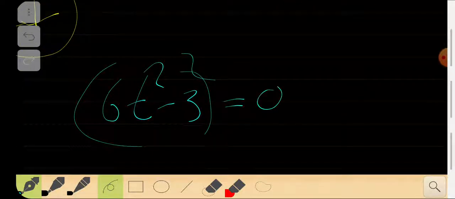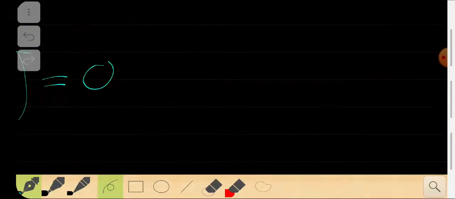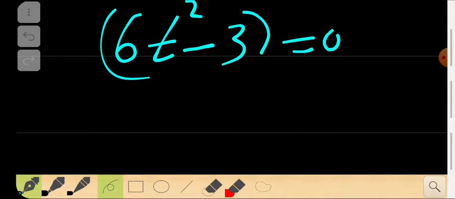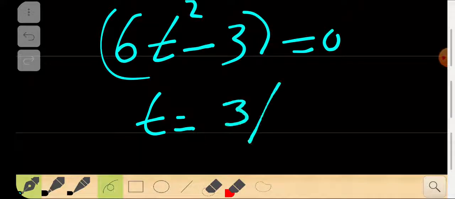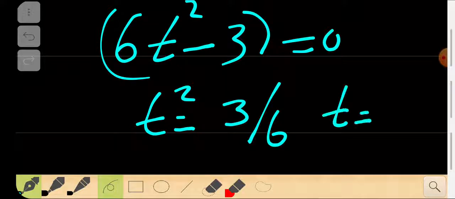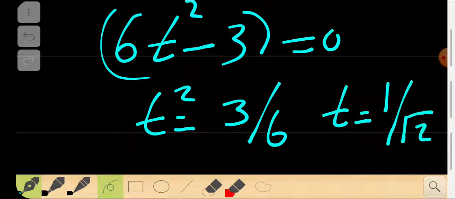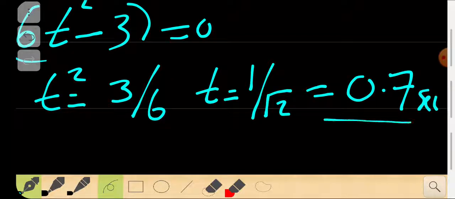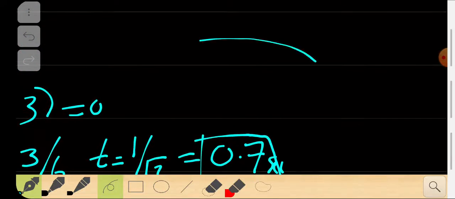That means if there is no radial acceleration, that means 6t minus 6t square minus 3, I'm going to zoom in for quality, is equal to 0, or you can say 3t square is equal to 3 by 6, so t is equal to 1 by root 2, square root of 2, right? So that means around 0.7 seconds or something like that. So in that time there will not be any push or pull in the radial direction of a body moving in a circle. In the radial direction there is no push or pull.